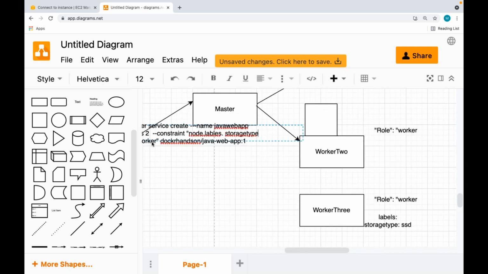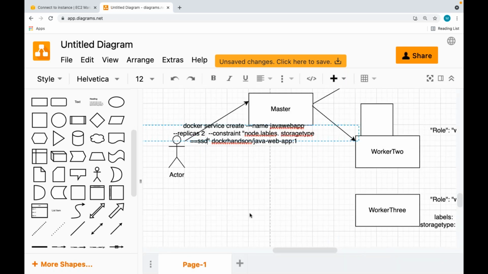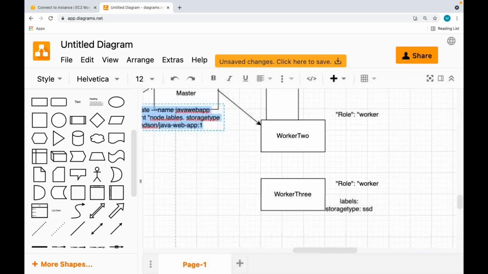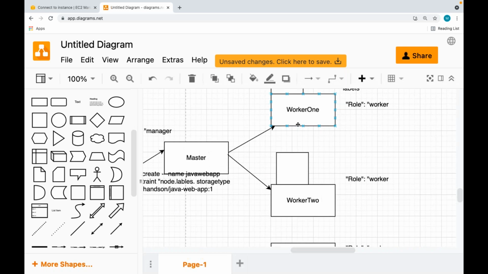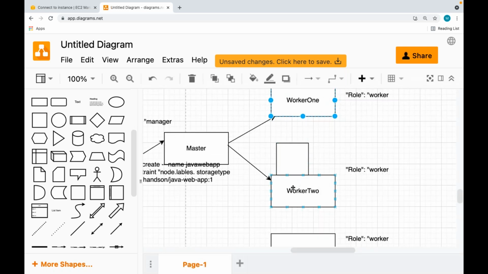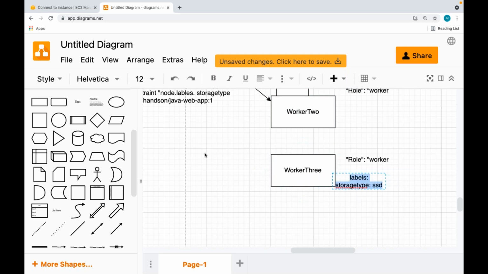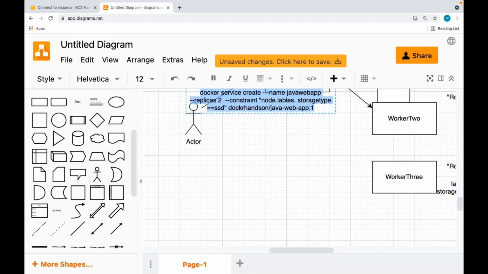Storage type double equals whatever value you have given for it. Now, if I create a service with this condition, will these containers be created on this node or this node or this node? No. If I add a label like this to the node and use that label in a constraint like this,